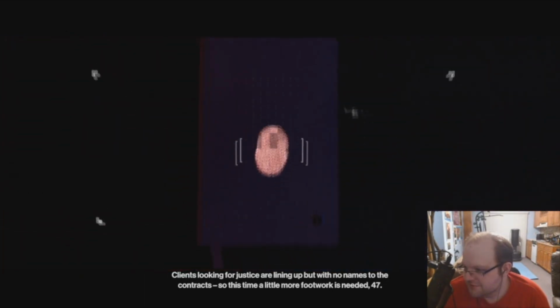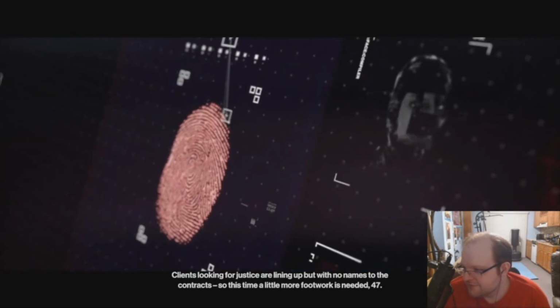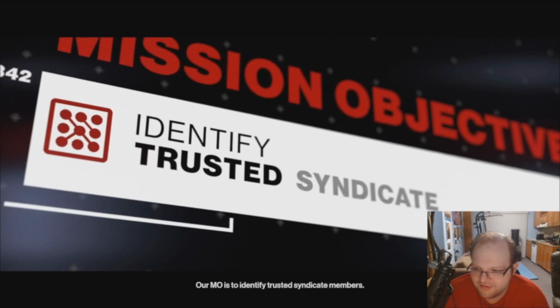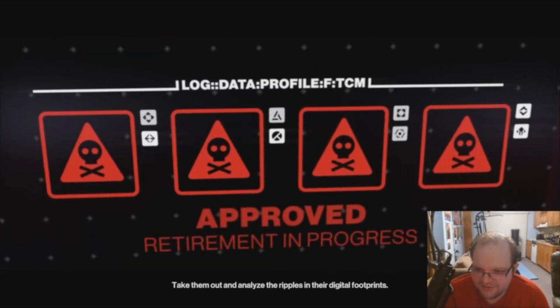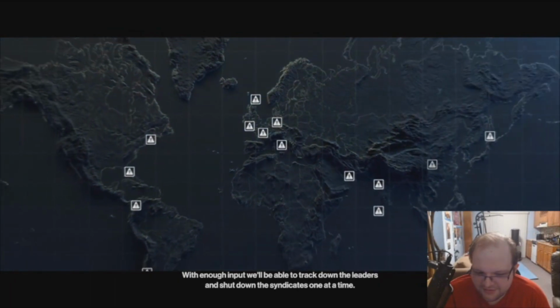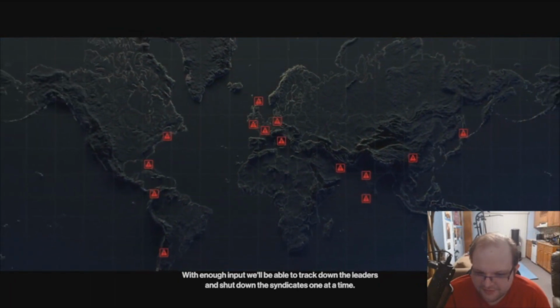But with no names to the contracts, this time a little more footwork is needed, 47. Our MO is to identify trusted syndicate members, take them out, and analyze the ripples in their digital footprints. With enough input, we'll be able to track down the leaders and shut down...